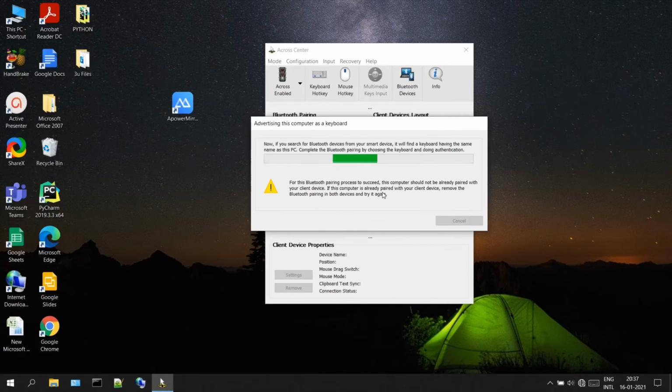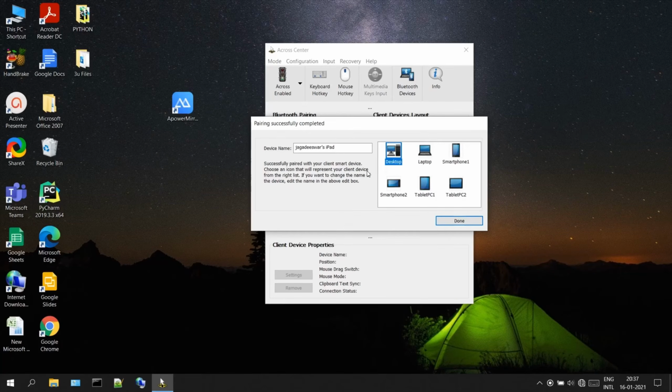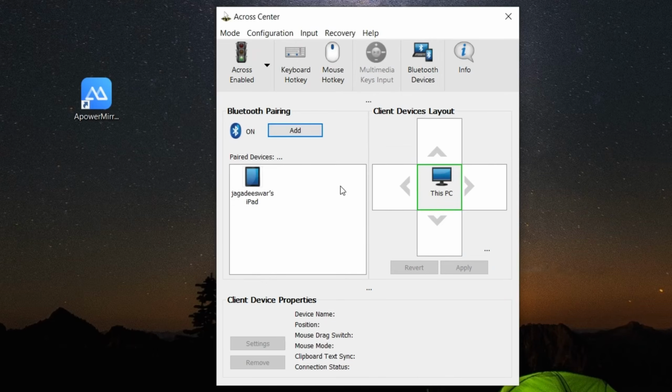After successful pairing, it asks you to name your device and select an icon for it. After pairing, you can see your device under Paired Devices.